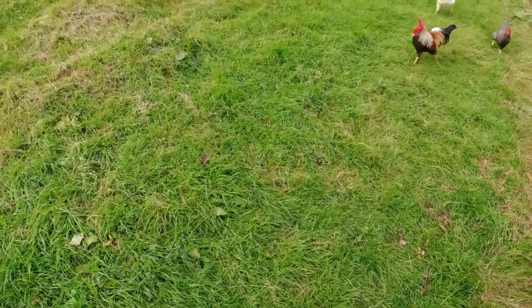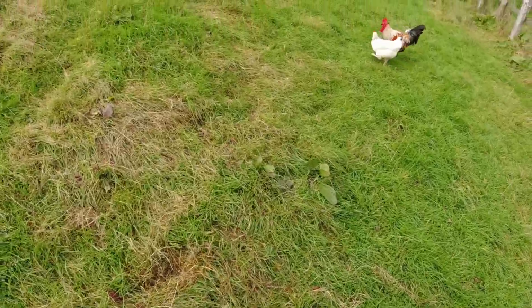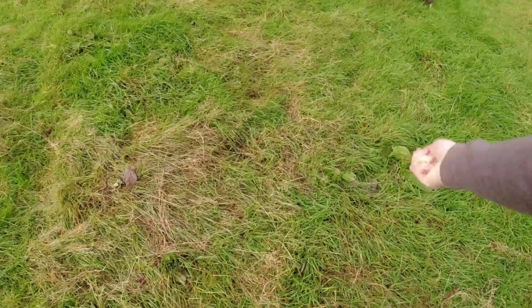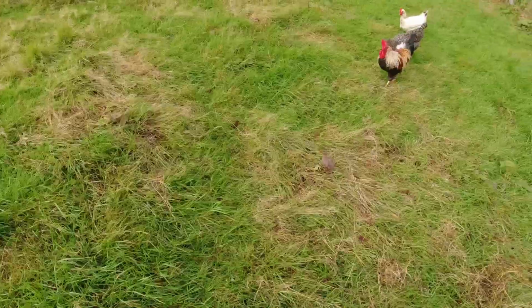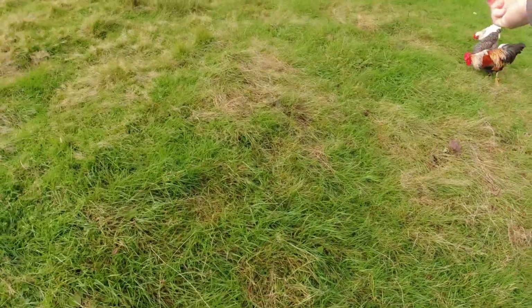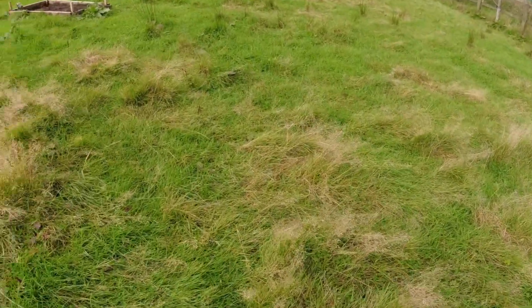And he's very aggressive. He's got the spurs. I don't know if you can see them or not, but on the back of his legs, he's got two massive hooks. And he actually drew blood on my mum a few weeks ago. He went through her Wellington boot and drew blood and got her three times with a spur, not a peck, with a spur. But moving up,